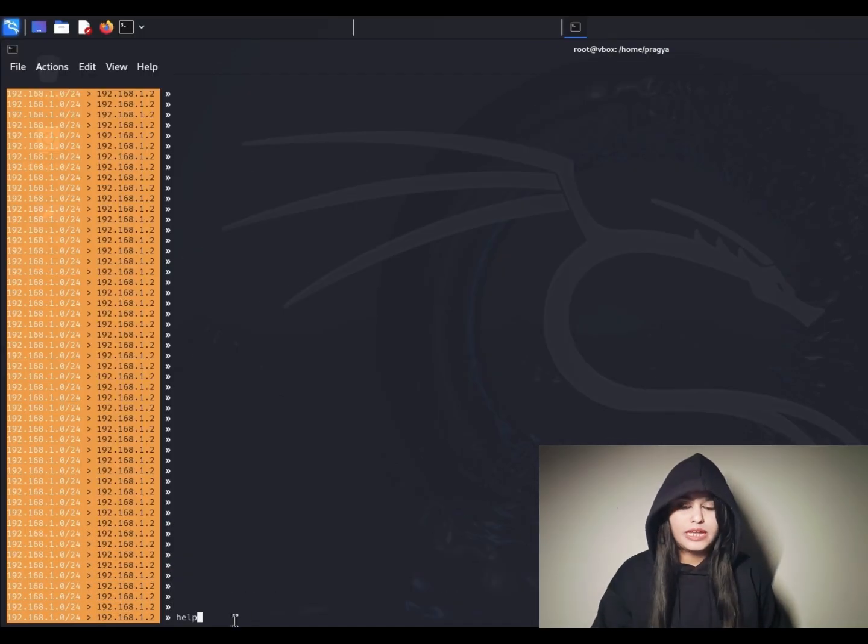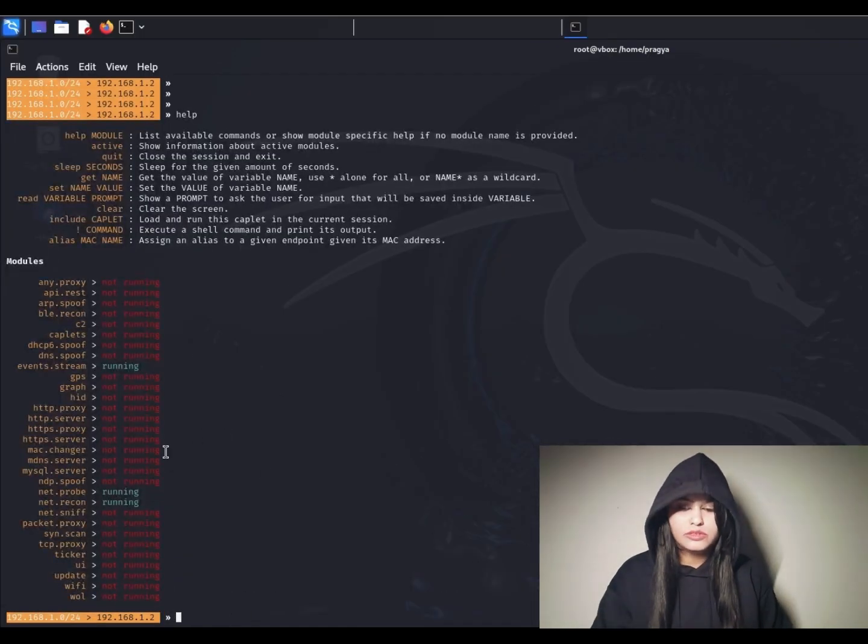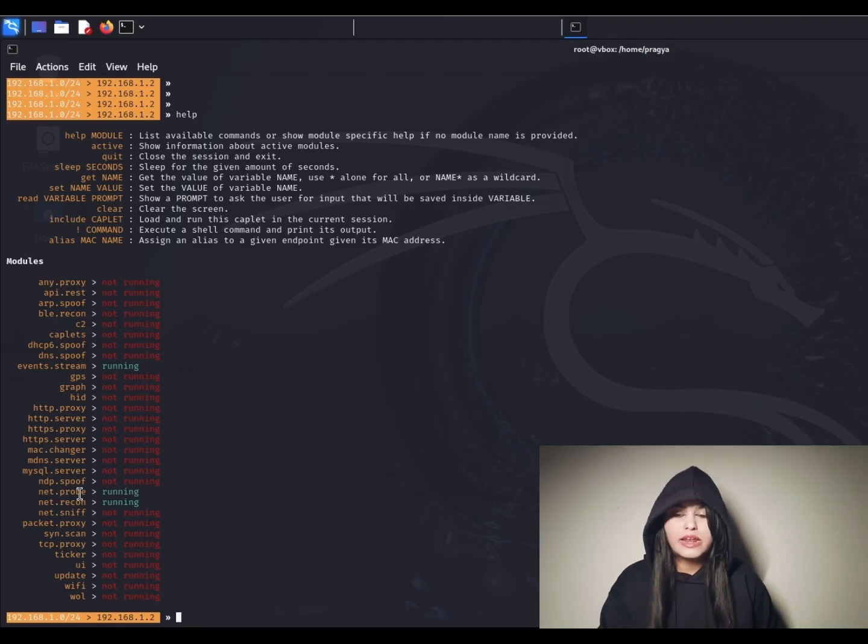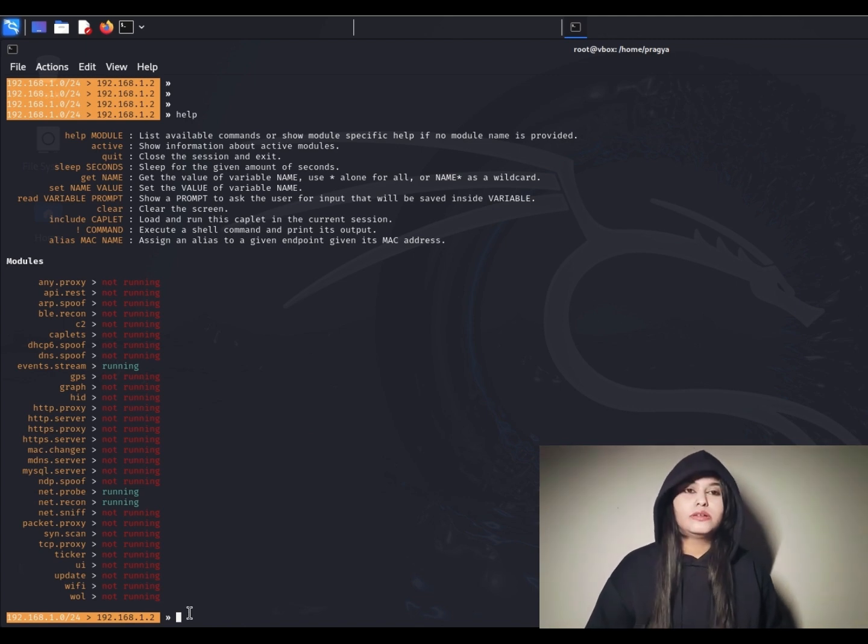Again, I'll be typing help just to see the modules. And right now what you're seeing is net.probe, which is running. I have not given any command for net.recon, but by default, it will start running as soon as the probe is running. This recon will give us all the details in a beautiful table. So now whatever devices are connected in this network with me will be shown over here. So let us see